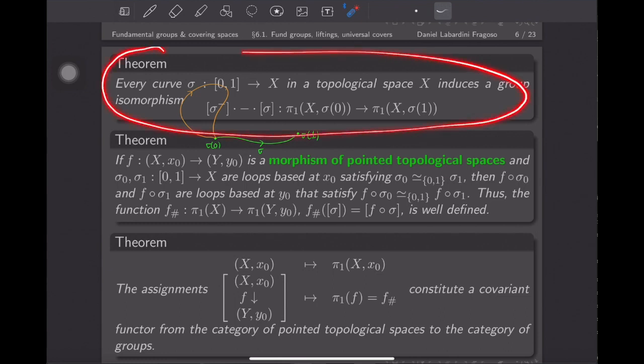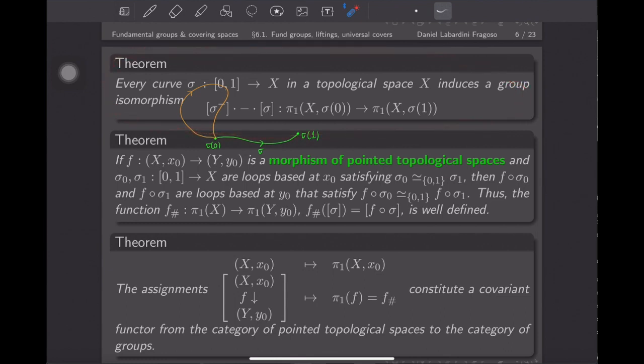So the first theorem, what it says is that let's say if you are in a path connected space X, then for any 2 points in X, the fundamental groups based at them are isomorphic, and each curve from one base point to the other gives an isomorphism. The isomorphism looks like a conjugation isomorphism,